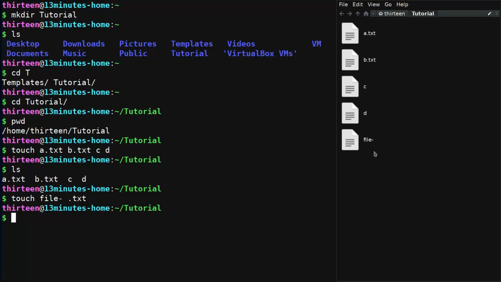Why is it removed? Because touch is considering file dash as one file and .txt as another file. So you tell me why it is not here. Now why is it not available here? If I press ls, .txt is also not available. Why? Because it is a hidden file. All files that start with dot are hidden files, and ls will not give you information unless you tell it